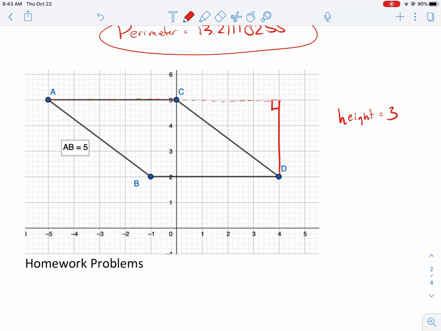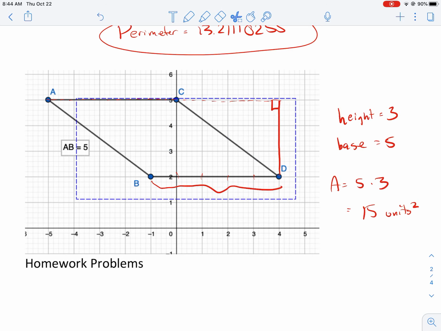Now, we need to find our base. So our base, this is a nice picture here, right? So I can just go 1, 2, 3, 4, 5. So our base is 5 units. So our area is 5 times 3, which is 15 units squared. All right, and again,